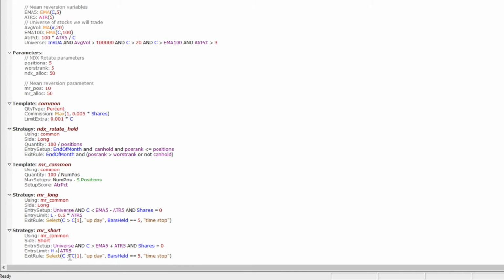And the exit rule is going to be the opposite. It's going to either be that we have the close lower than the previous day's close, in which case it's a down day, or the same as before, we're going to have 5 bars, in which case we're going to exit. Now,